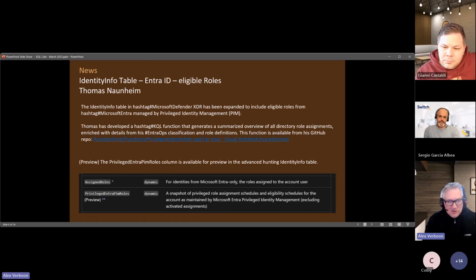We then also already had this table about the eligible roles, but that table would only work for directly assigned roles, or that was my understanding. If at the time when the system takes a snapshot of the data you might see a user in a role, but the next day maybe not. We now have an additional attribute in the table that also gives us information about the privileged admin roles or administrative roles that you have assigned through PIM, so Privileged Identity Management.